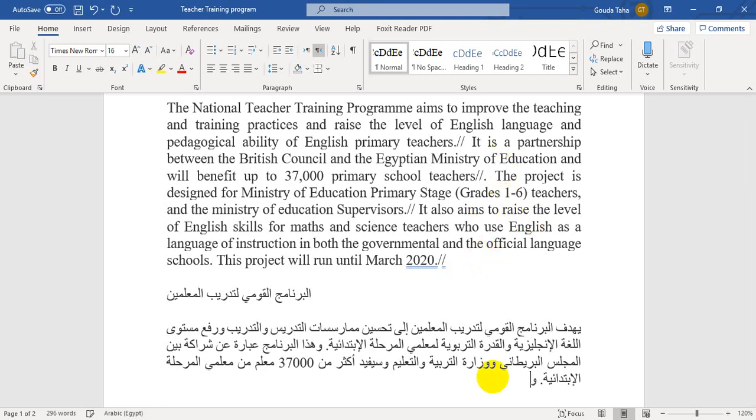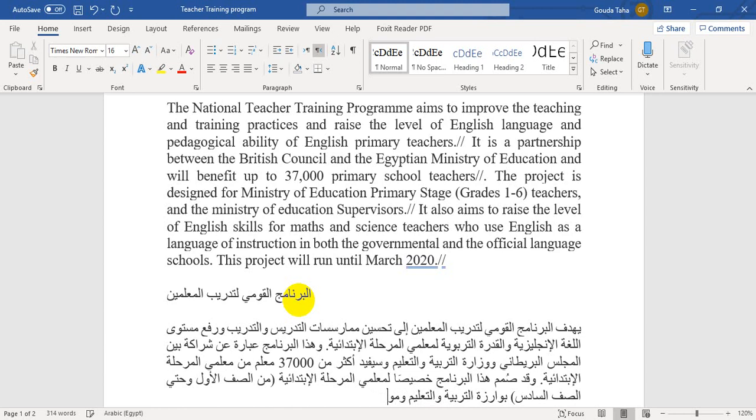The project is designed. وقد صمم هذا البرنامج خصيصا لمعلمي المرحلة الابتدائية من الصف الأول حتى الصف السادس بوزارة التربية والتعليم وموجهي الوزارة،